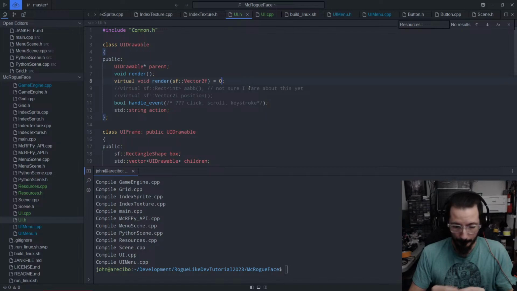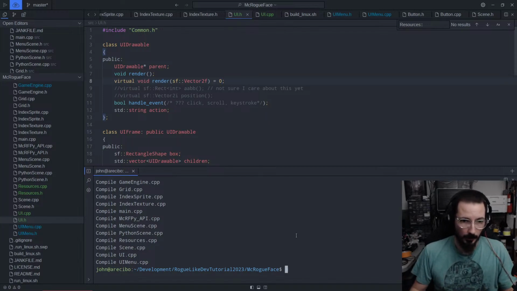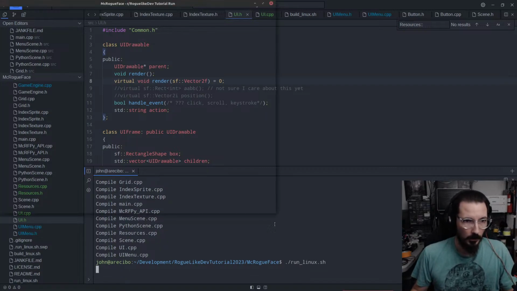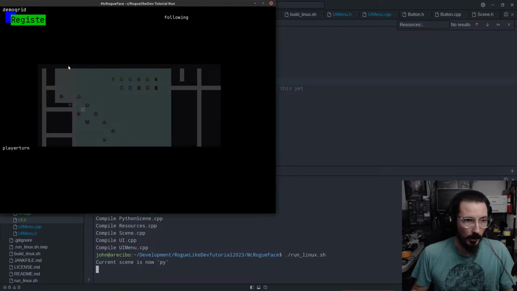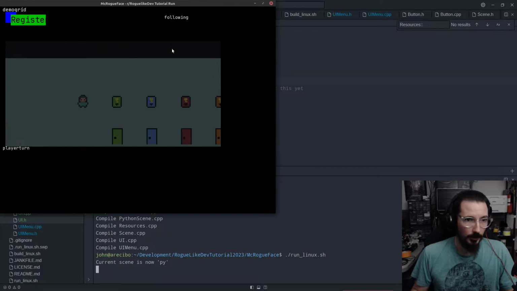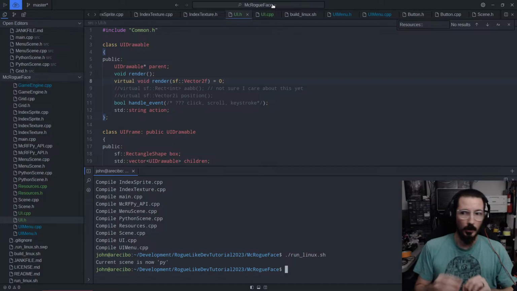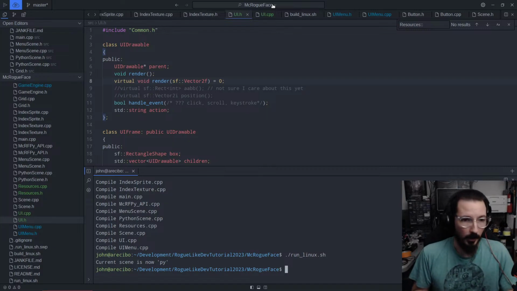It compiled. Okay, so now that those things exist, if I run, literally nothing should be different, because the objects are defined but they're not used. So what we want to do now is